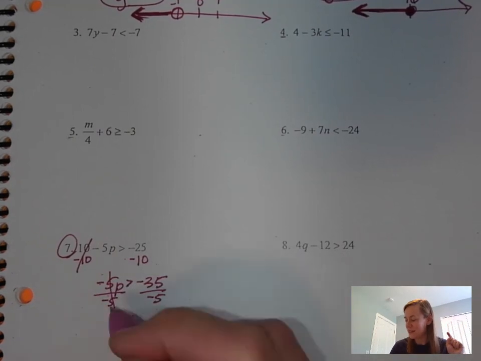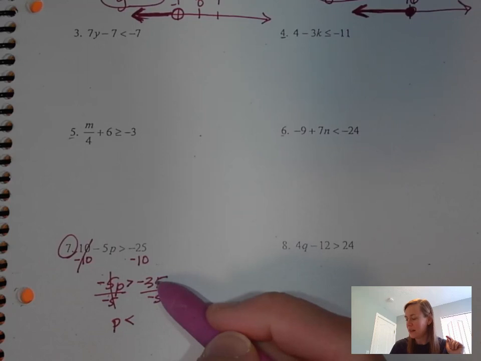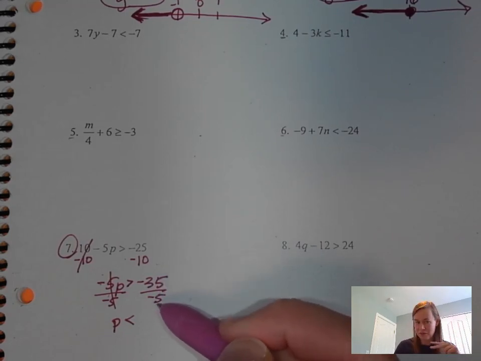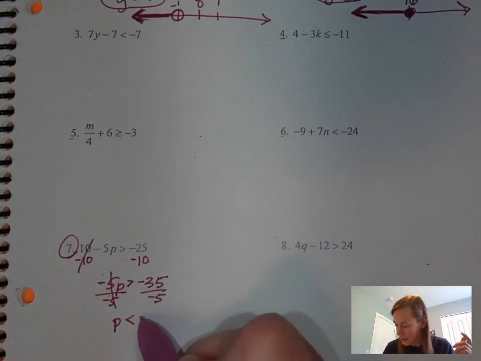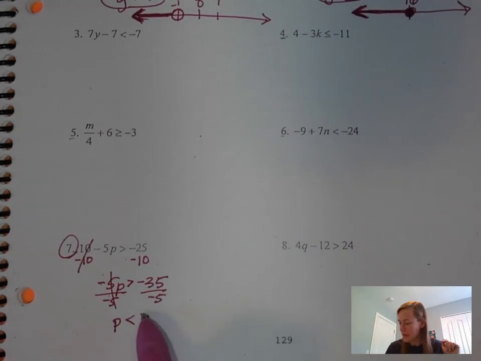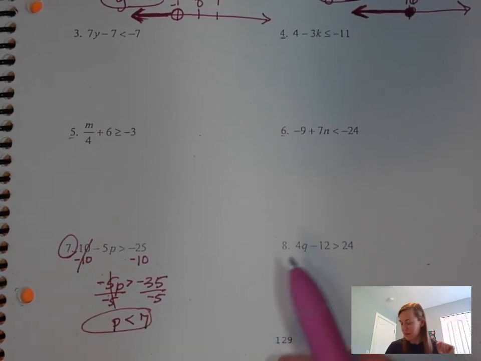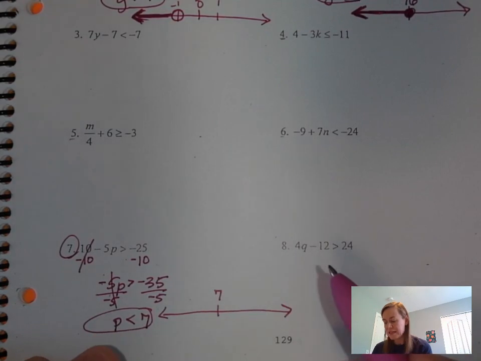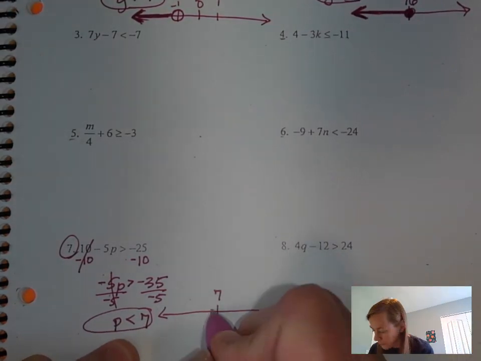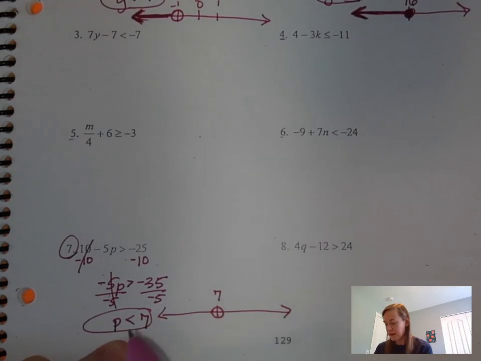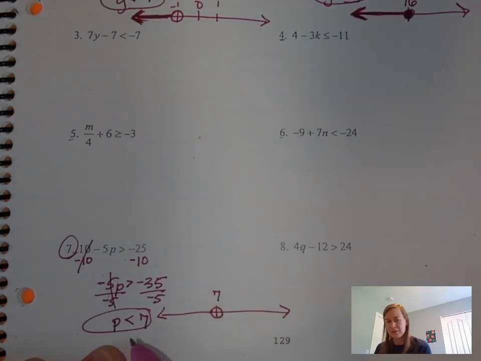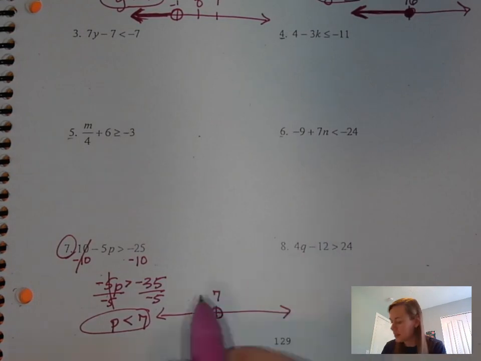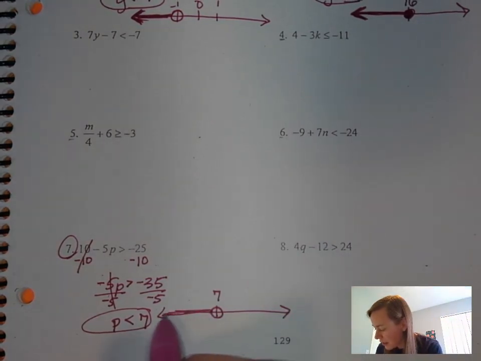Now that'll cancel. You're left with a p. And then -35 divided by -5 is going to give us a positive 7. So p is less than 7. And let's just put that on our graph, our line graph. I'll put the 7 right here. It says less than, so it should be an open dot. And we want the numbers that are less than 7. So we want 6, 5, 4 going off to 0, and that's going to be this way. Go ahead and fill that in,